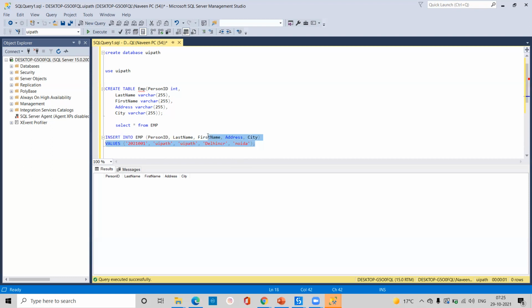So let me check that we have passed these things, the EMP value and personality last name, UiPath first name, UiPath address regions here. Let me run this.